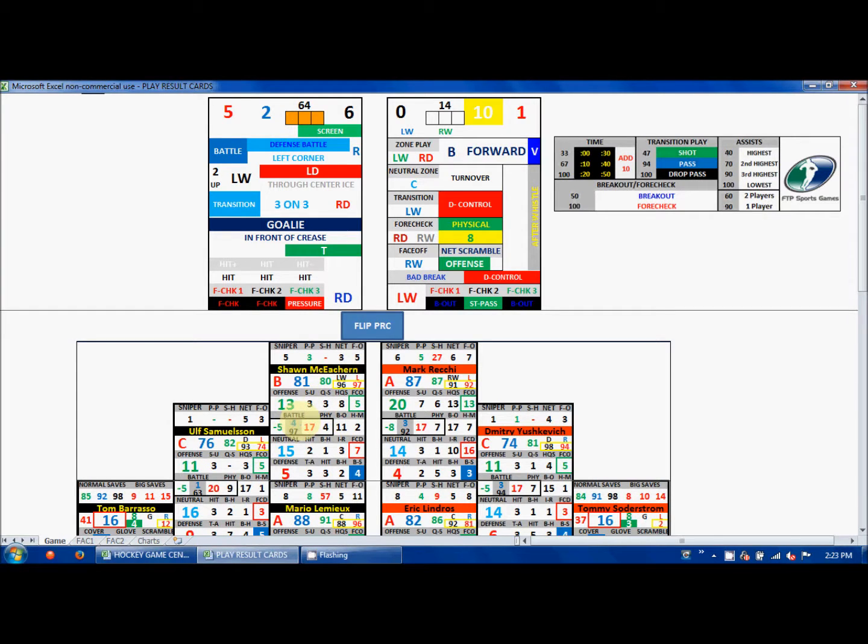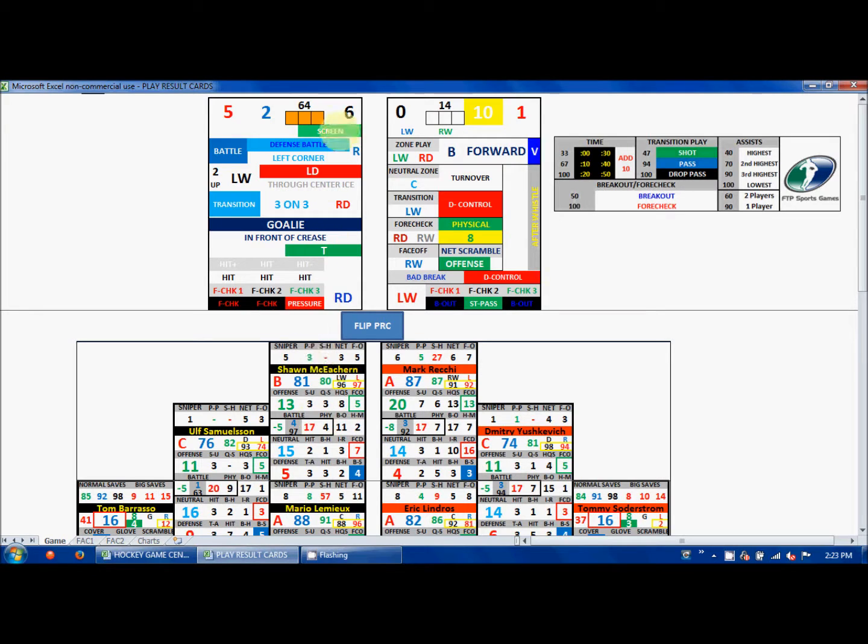He was able to chip and chase the puck down. That was determined using the offensive number. But because this is low enough to be in these numbers here, there's something additional that may take place. And because there's two of them, we go back to odd and even. If this were odd and fitting into these two numbers, we would use a setup. But because it's even, we're going to use a quality shot. So great play by McEachern. Again, you're connecting the dots. He chips and chases down the puck. He does so in such a good way that he actually ends up with a quality shot out of it,